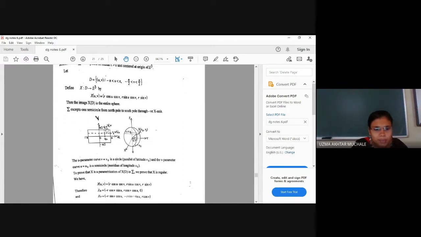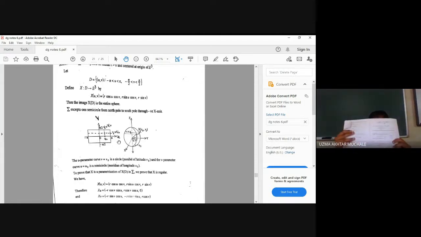What you have to do is take those straight lines and convert them into the form of a curve. In this case, the curve is nothing but a half circle. Just like the example here, we have this sheet, which is from minus pi to plus pi, and pi by 2 to minus pi by 2. You have to do some mapping in such a way that this is converted into the sphere. If it is converted into the sphere, all the straight lines will be converted into half circles.